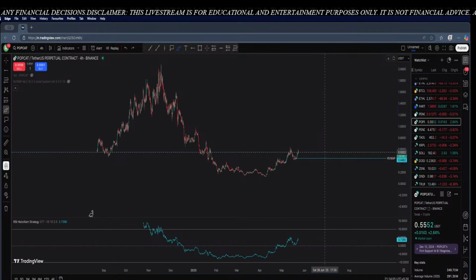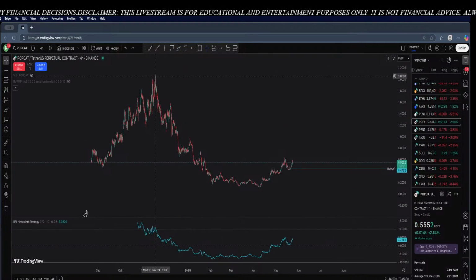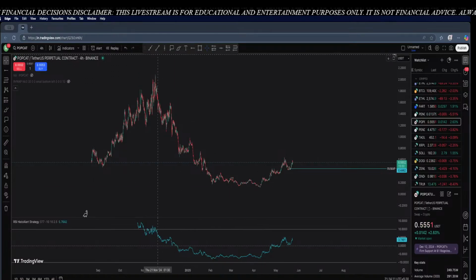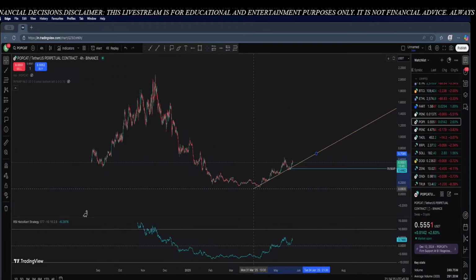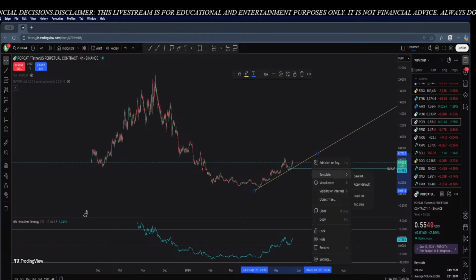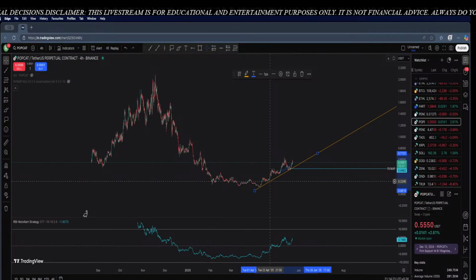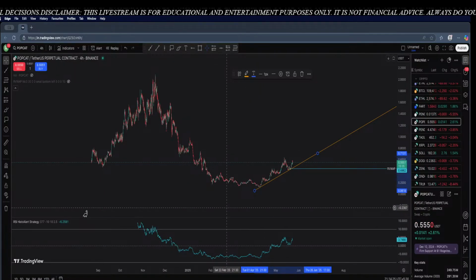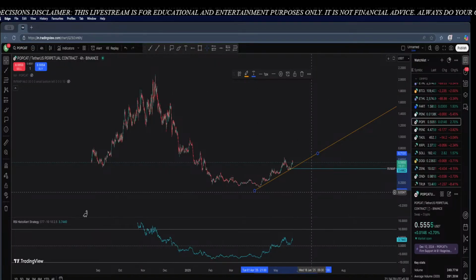Huge potential on Popcat. And we are quite early though. If you can observe, Popcat is a relatively new token, and we are looking pretty good. We haven't really pumped on Popcat, so this is one of the few tokens that I've found out of all the meme coins that have already made its move and essentially done its trading and completed its volume